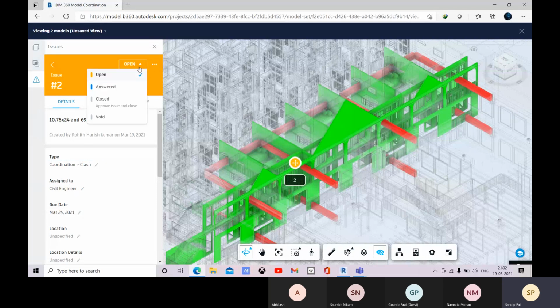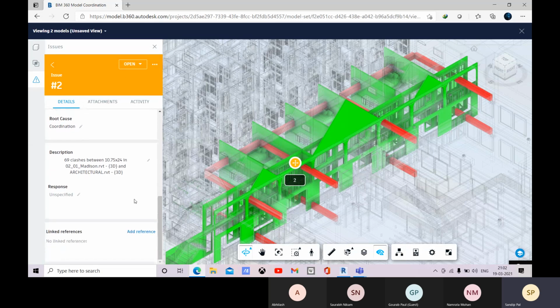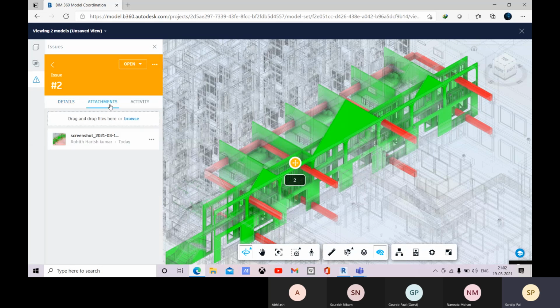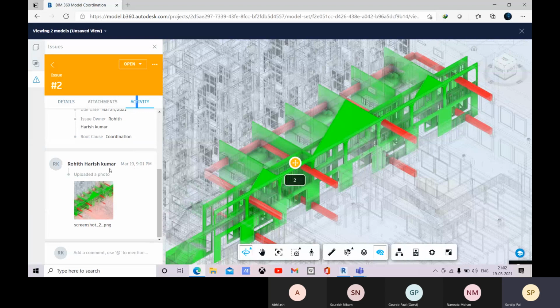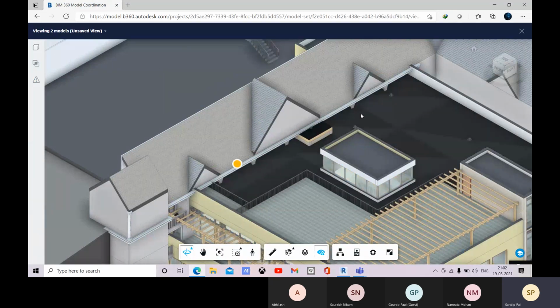After this you can go for answered, or you can make it closed when you approve this. So you can make it closed. All right. After that you can update it, and if there is any attachment there, you can drop these files. There is this thing, so it is your activity. You can add any comment there. Okay, so that is how the issue has been created.